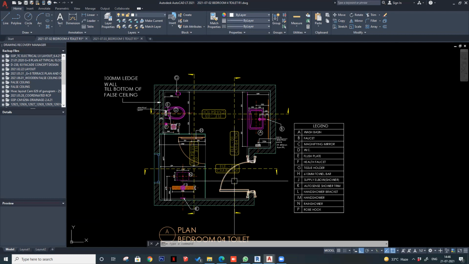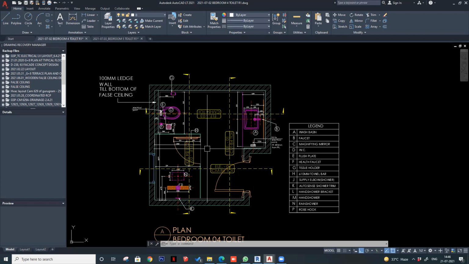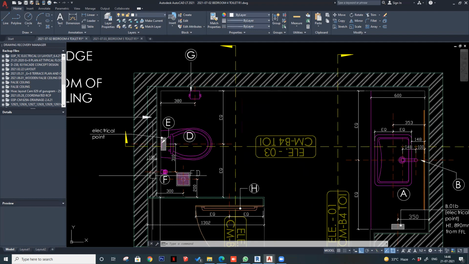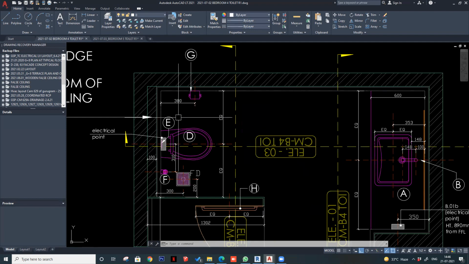Beams, I'm telling you because there were some clash points while making these drawings, since we don't have all the information from Camellias about the beams. You guys know that. So there were some clash points. I'll give you an example. For example, this is a ledge wall in here. But on site, we had a problem that